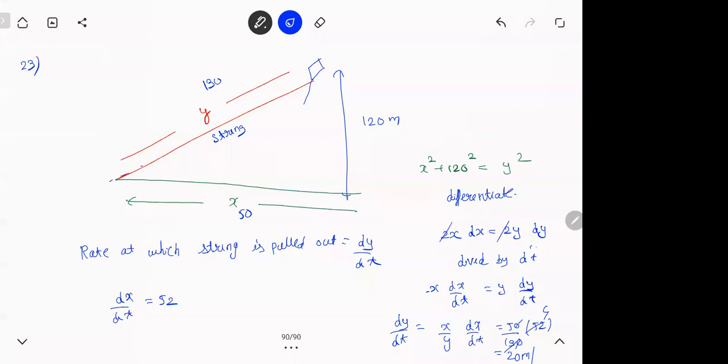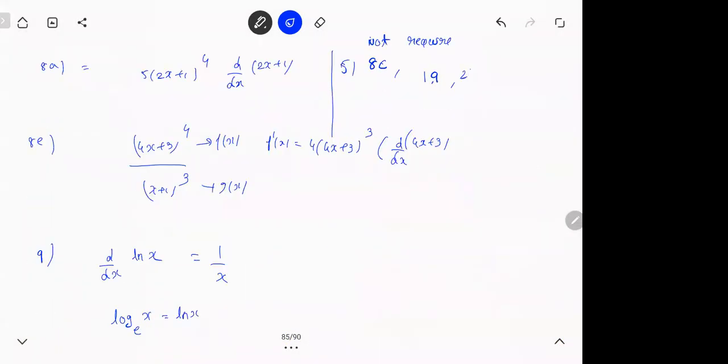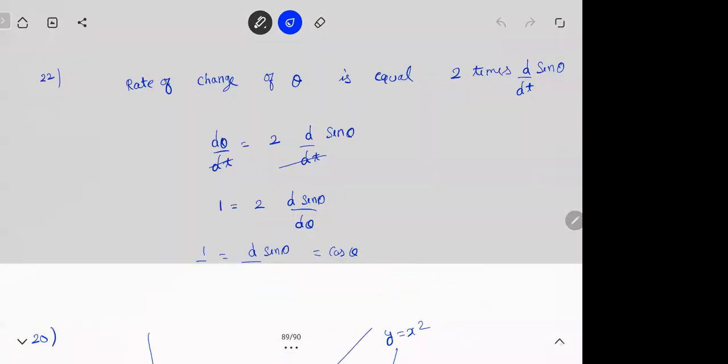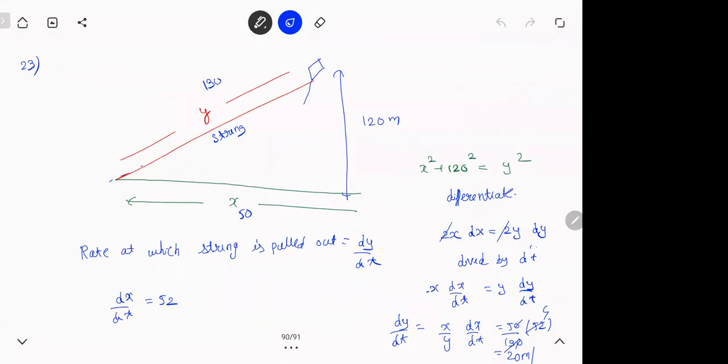Question 24: A you can do, B you can do, B we did already. C you have to just differentiate it. It's a little lengthy, but 24c, just differentiate and equate to 0. You're getting a maximum there. I think 24c also, ignore it. Don't do it, it's a waste of time. I need to add this also. 24c is useless, we don't get anything like that. Then 25. 25 is fine.